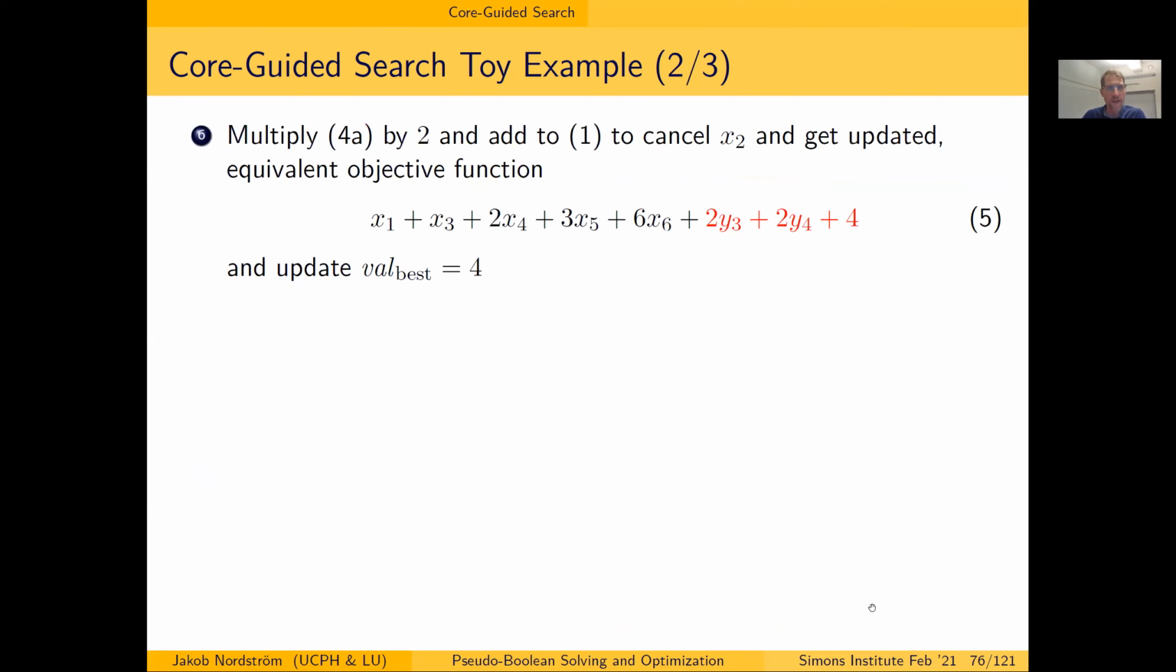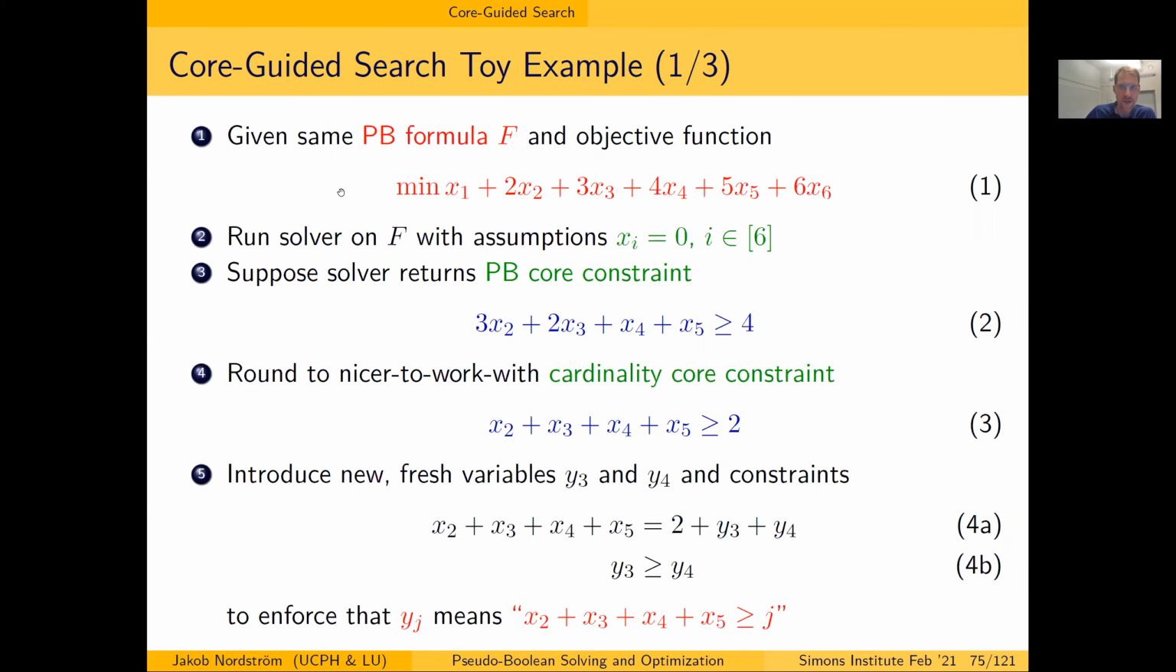So now what I want to do next is update the objective function using this. So let's go back to the previous slide. And here is the objective function in 1. And in 4a, I have an equality. So I can multiply this equality by 2. And then I can substitute, because I look at what the coefficients of x2, x3, x4, and x5 are, and the smallest coefficient is 2. Okay, so I multiply the equality 4a by 2, and then I can substitute 2x2 plus 2x3 plus 2x4